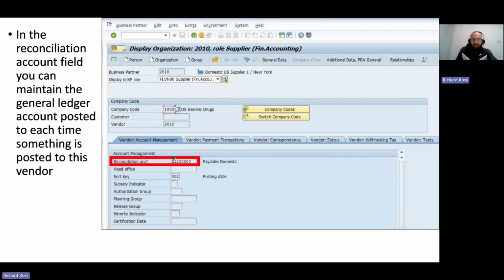I have highlighted here the reconciliation account, and this is very, very important. Why? Because in the reconciliation account field, you maintain the general ledger account posted to each time something is posted for this vendor. For example, in goods receipt, invoice receipt, when our company buys something from a vendor,